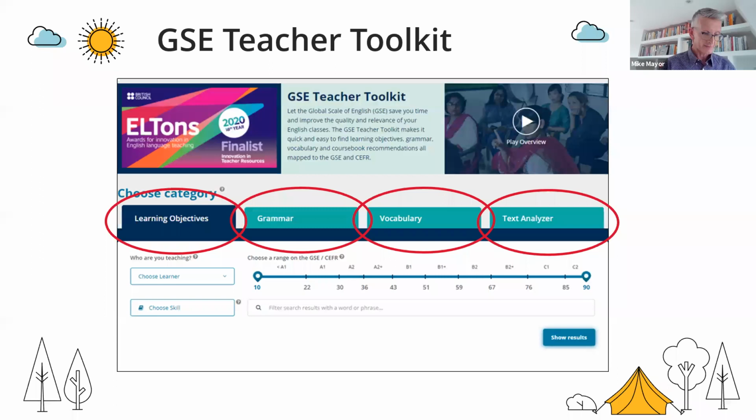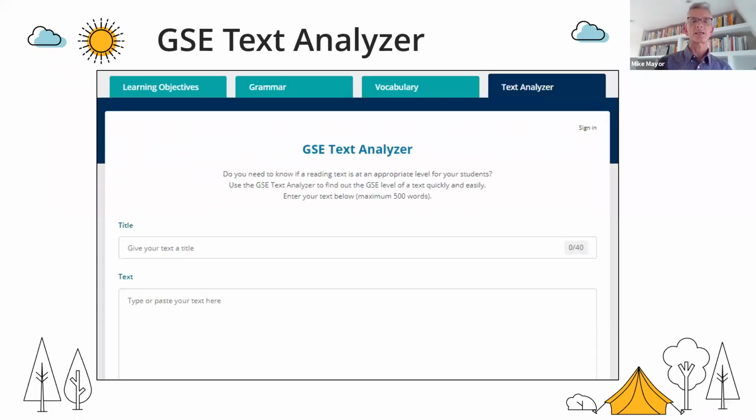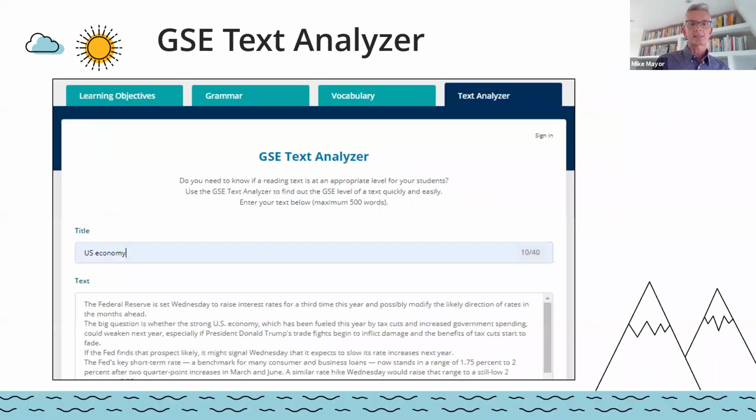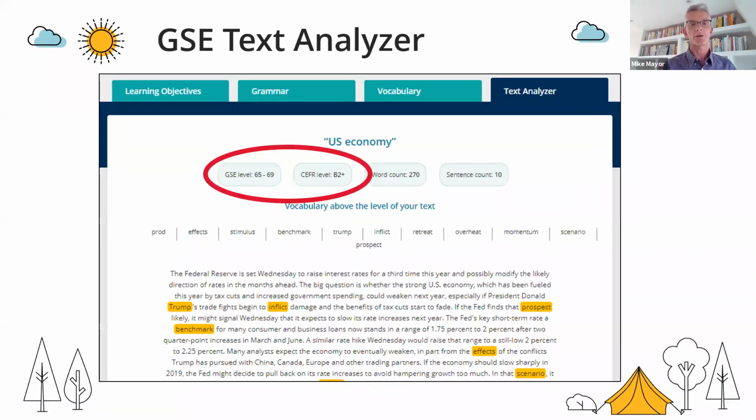And then finally, we have a text analyzer, and I'm very conscious of the time. I'm talking way too much. So I'm actually going to skip over this activity of how would you normally judge the level of a text? I'm not going to ask you to type that in because I'm going to show you that now, if you're taking a text from the internet, you can cut and paste it into this text analyzer, give it a title, send it off for analysis, and within a couple of seconds, it will come back and it will give you an approximate level for that text